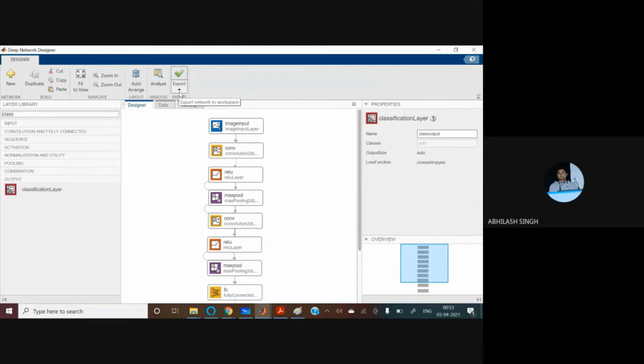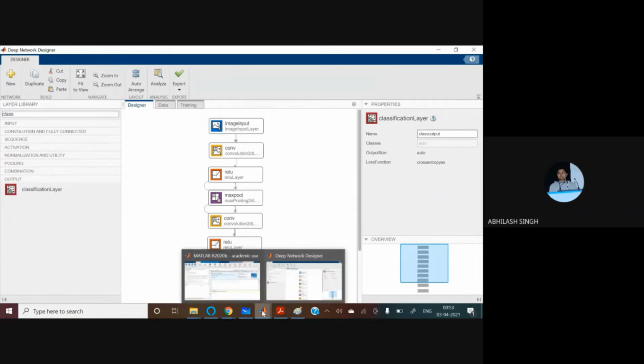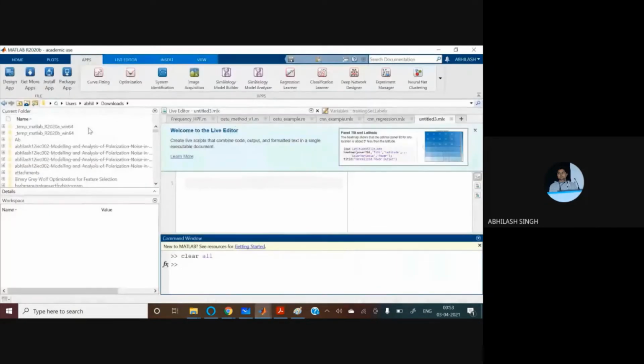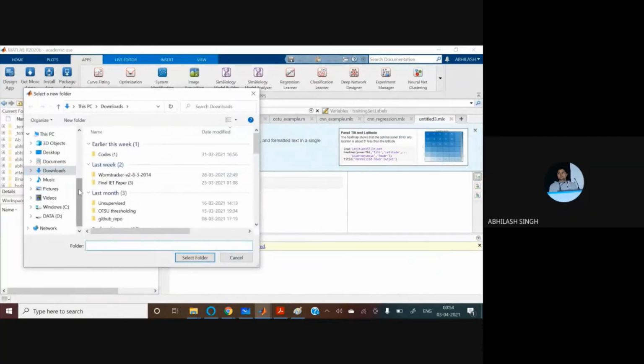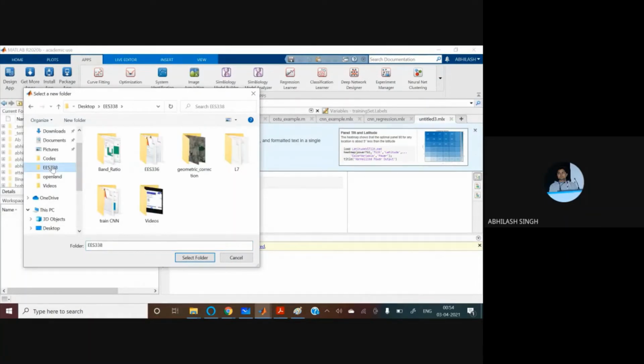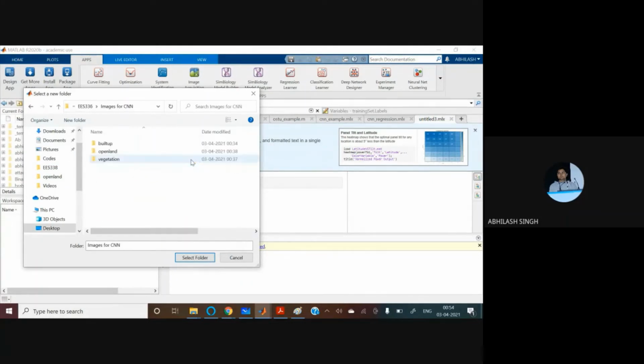Now what we are doing, we are just switching from the GUI to the MATLAB script. For that, let me select the MATLAB directory where we have to export this code. Let me select that part only, that is ES338 and ES336 and images for CNN. Okay,